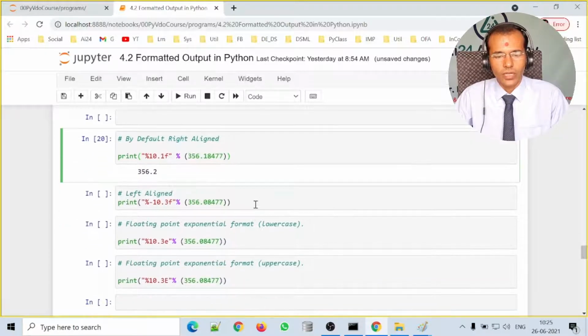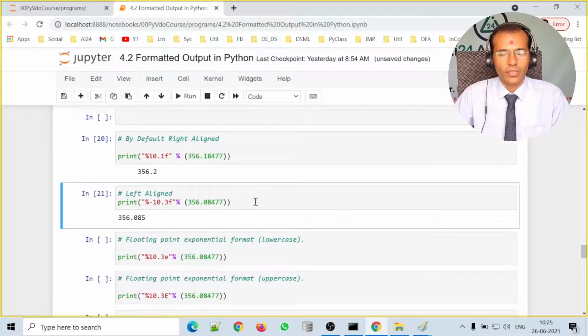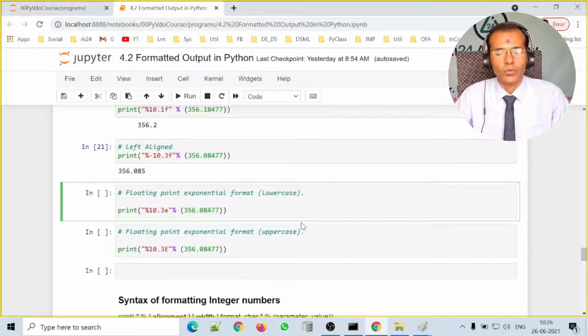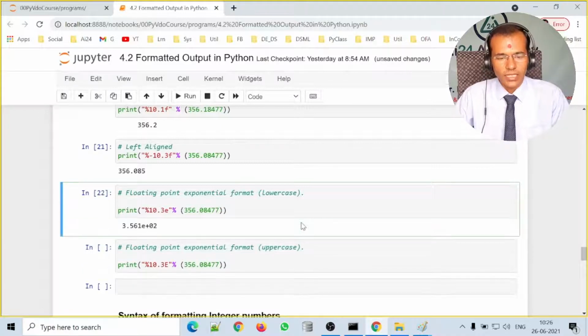Now let us look at the same number, but here the number is aligned left. So here we have a 10 character space and it is aligned left. And now let us print the floating point number in an exponent notation. Here we can see the same number is there, but now it is printed using the exponent format e plus 2. Before this dot we have 2, so that 2 is over here, and that is why we have plus 2.